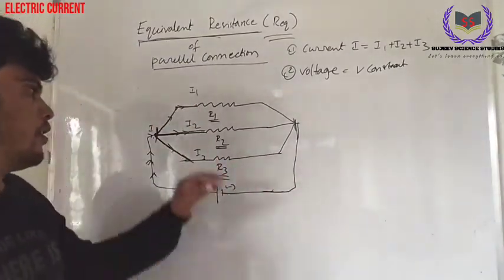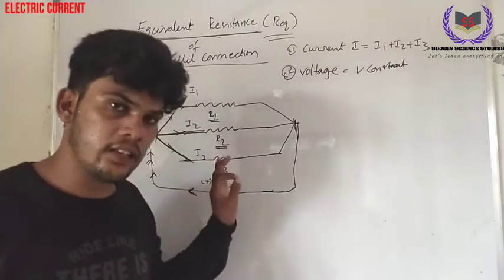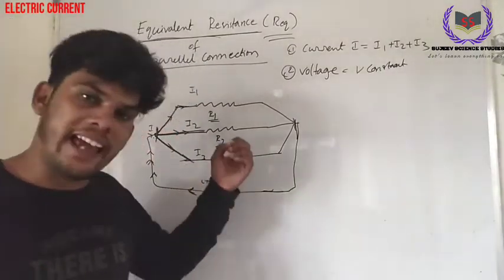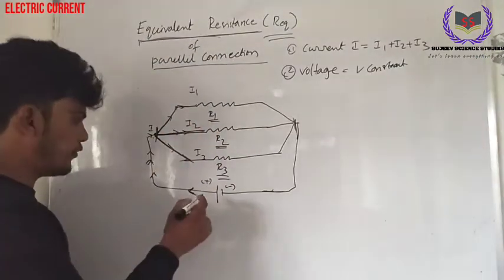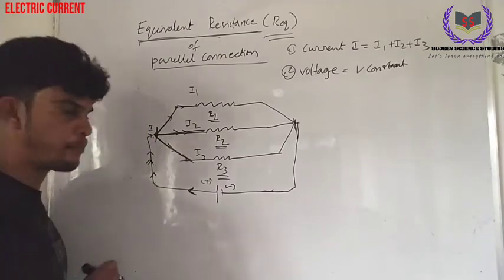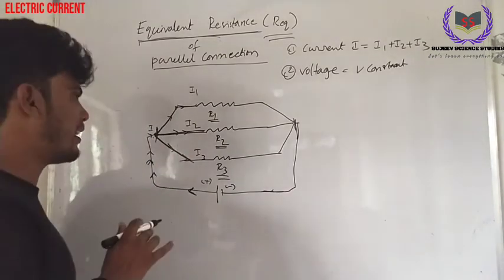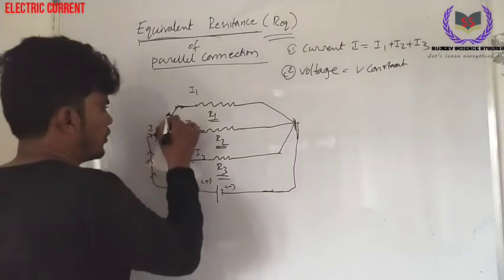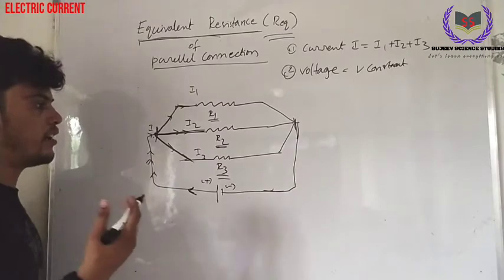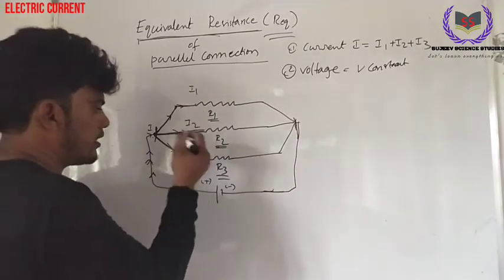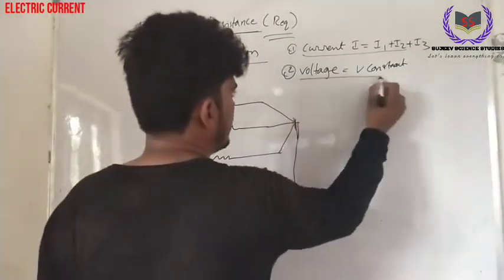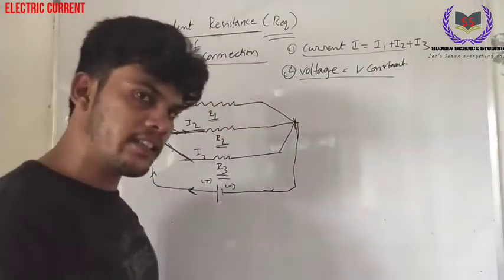Look at here. This is the circuit, the parallel connection. When we switch on, electricity starts flowing from the positive pole to the negative pole. The electricity passes through the circuit and reaches this junction. When it reaches this junction, the current divides and flows through route R1, another route R2, and another route R3. Then the current values are different: I1, I2, and I3. So that's why I am rewriting this first point. What is the second point? Voltage V is constant.